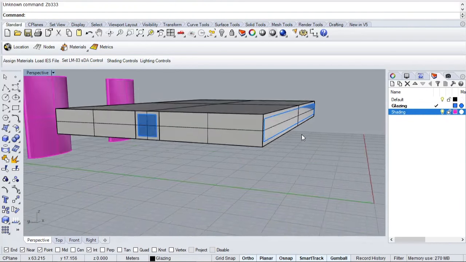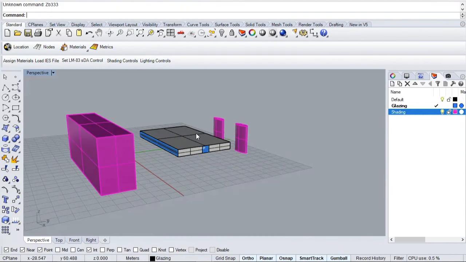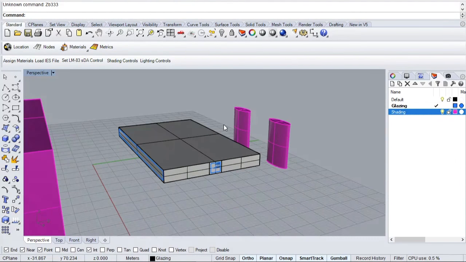Last is this magenta layer I've created called shading. Recall that in the shading surface, these surfaces can be any type of solid shape. They can be surfaces, they can be bodies, they can be round, they can be square, they can be whatever. ARCHSIM interprets everything on a shading surface or a shading layer to represent external obstructions such as external shading elements